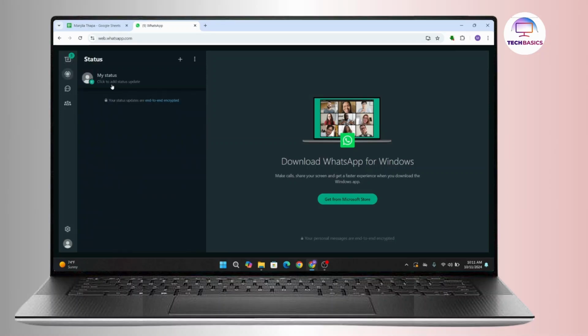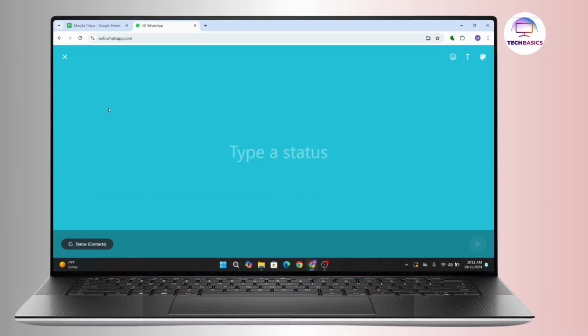Now you have to click on My Status. It says click to add status update, so click on it. After that you have to choose whether you would like to add photos and videos or text to your status. Click on it. After that, you have to type in a status